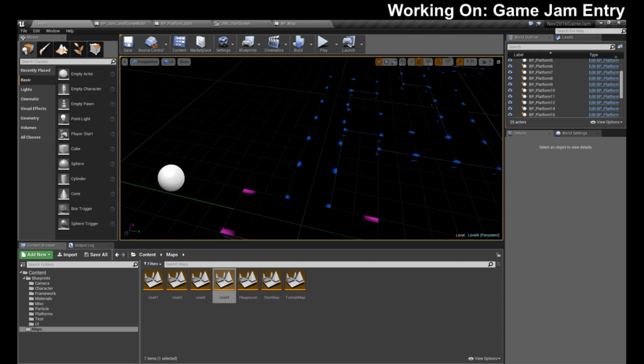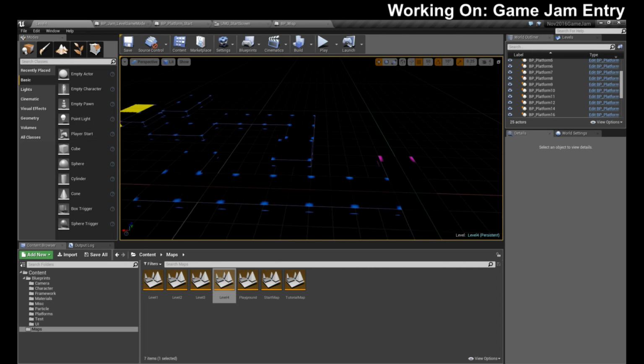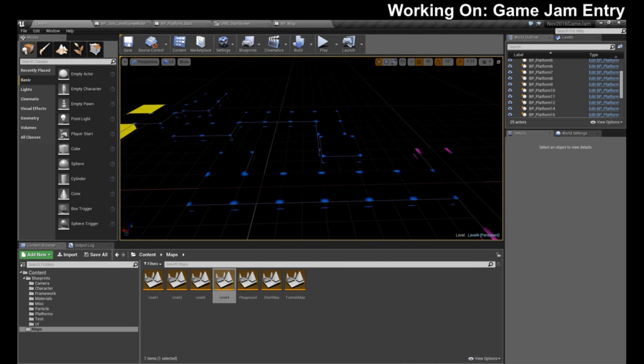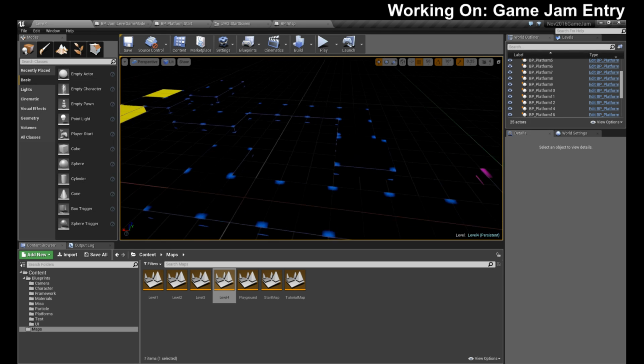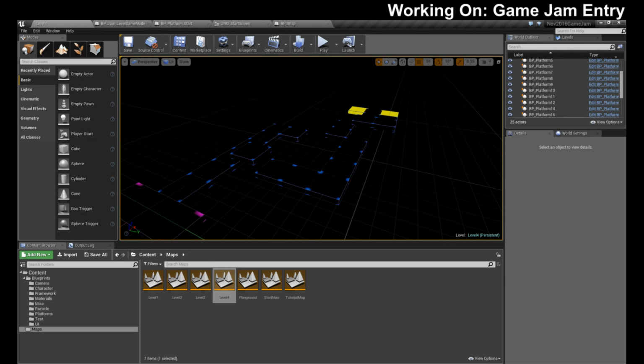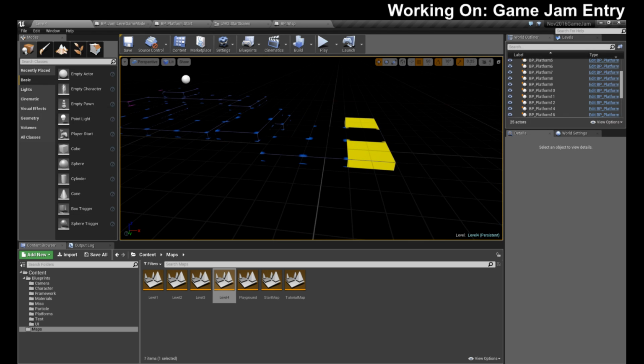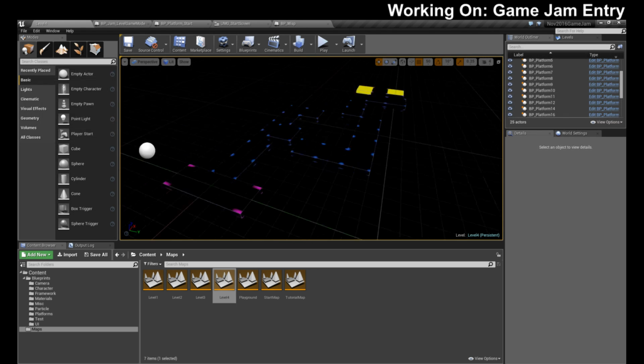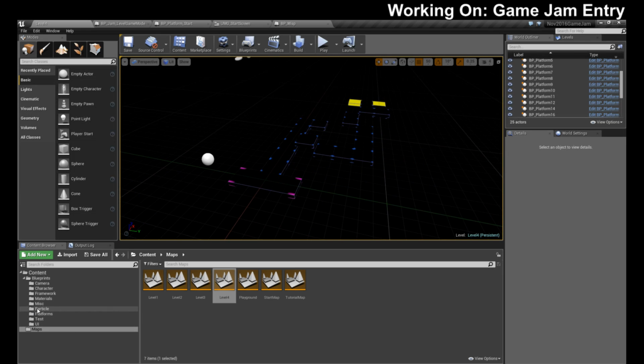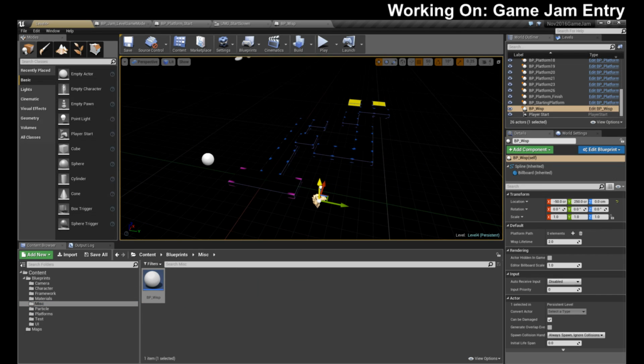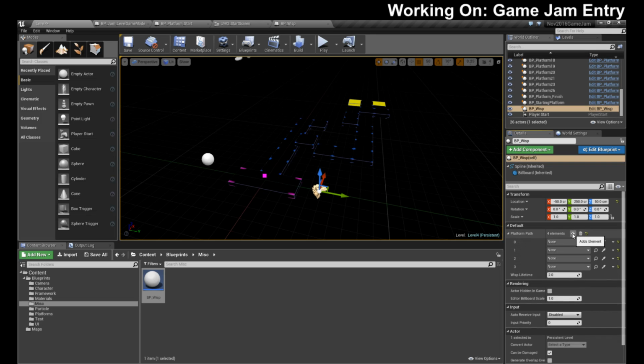Okay, and we're gonna need 1, 2, 3, 4, 5, 6, 7, 8, 9, 10, 11, 12, 13, 14, 15, 16, 17. Let's drop ourselves a wisp in here. Let's give him 17 elements.